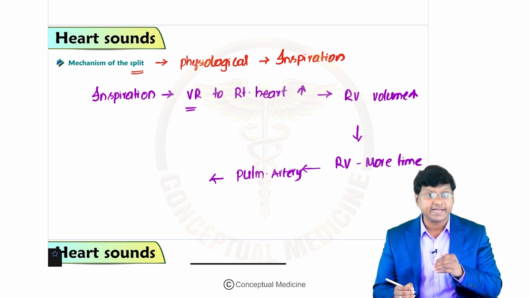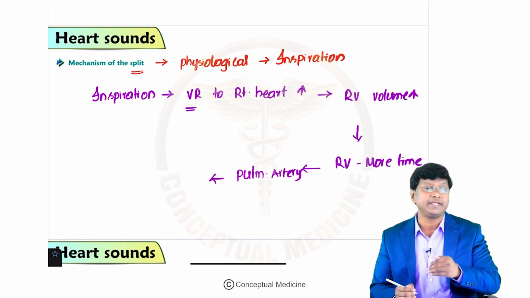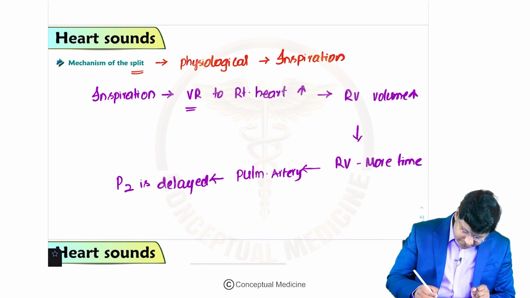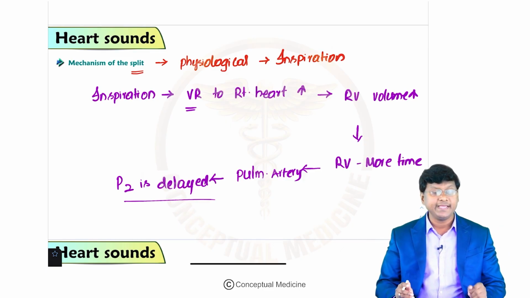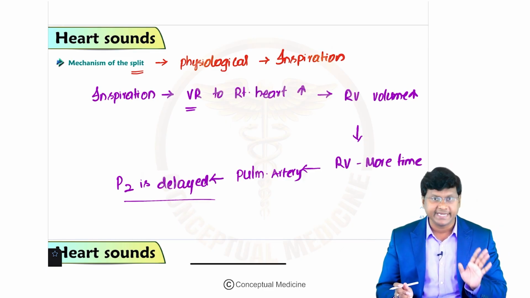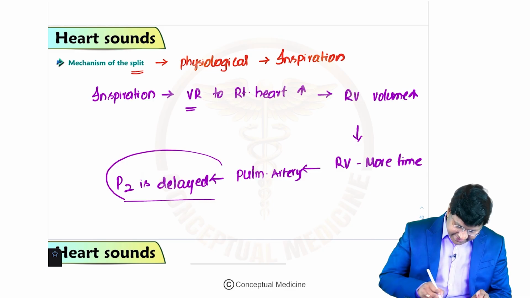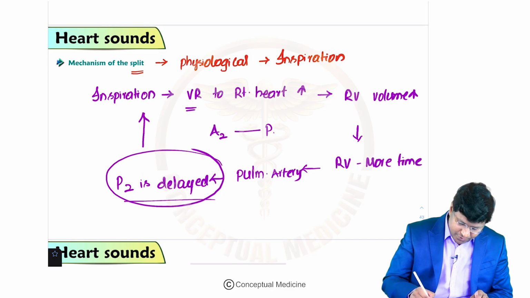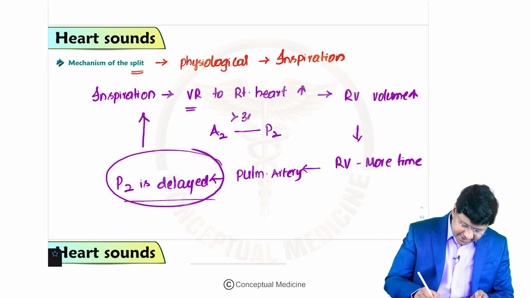So, as the right ventricle takes more time to empty the blood into the pulmonary artery, accordingly, your P2 is delayed. So, P2 is delayed during inspiration. So, thereby, the distance between A2 and P2 will be more than 30 milliseconds,